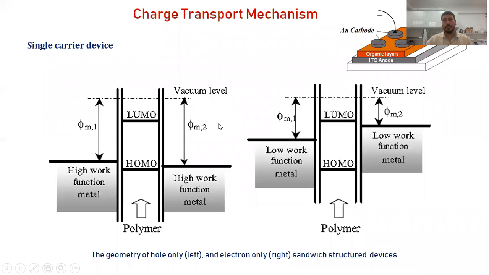Now, in order to understand the charge carrier dynamics, first we can study our JV characteristics in the dark. And from these JV characteristics, how we can calculate the trap density and how we can calculate the mobility, we will learn from here. In order to investigate these things, we need to fabricate a single carrier device. When we call it a single carrier device, it means we can study the flow of the charge carrier either through a HOMO level or through a LUMO level.